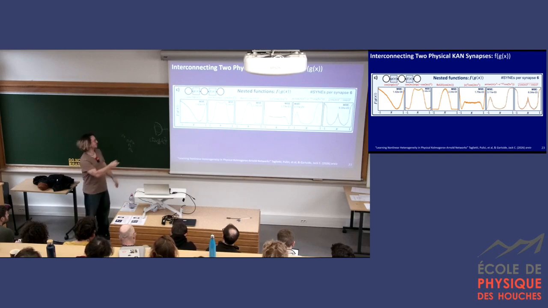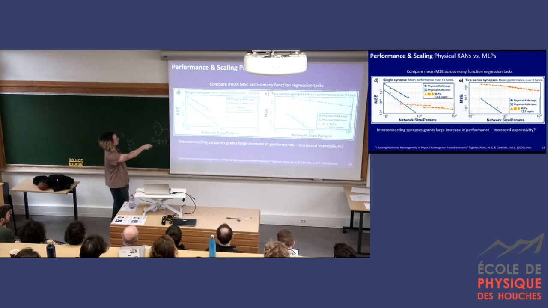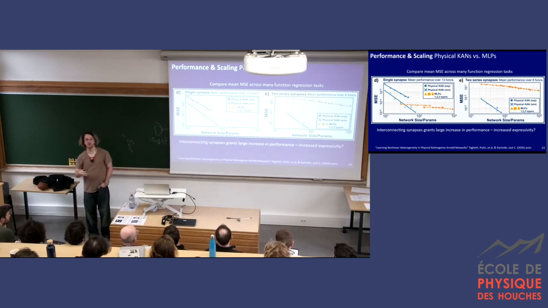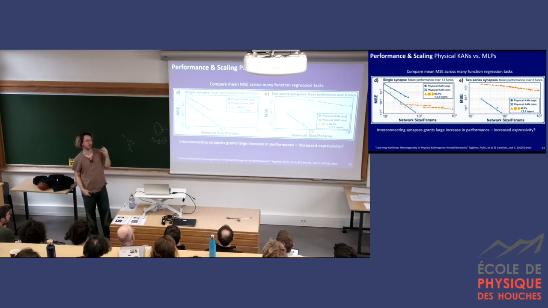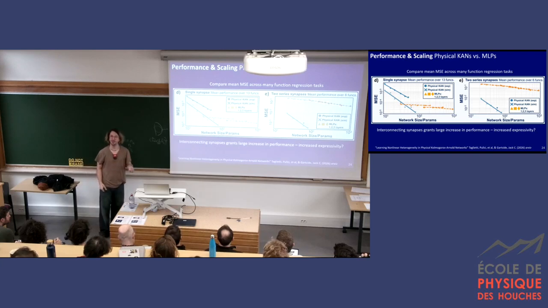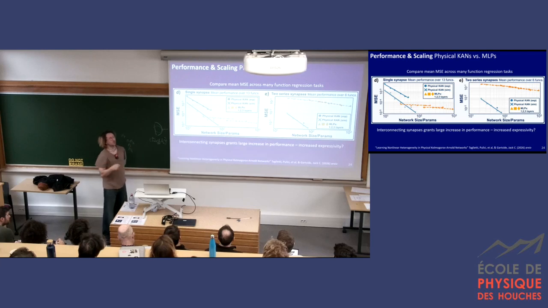But does it work? Even on these simple tasks, how do we do against an MLP? And the answer here, for a single synapse, is not great. So this is our digital twin results. What we're doing here is we've done function regression over a big set of 13 of the harder functions we considered. And this is our experimental data. So when you're trying to do this kind of function, any type of experimental noise is real bad for you. You're super sensitive to that. Any type of model reality gap between your twin and your hardware. So even though the digital twin seems to be eventually edging out these quite simple MLPs, in experiment we didn't.